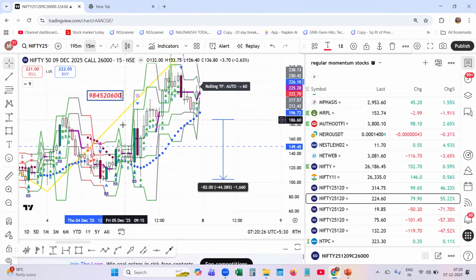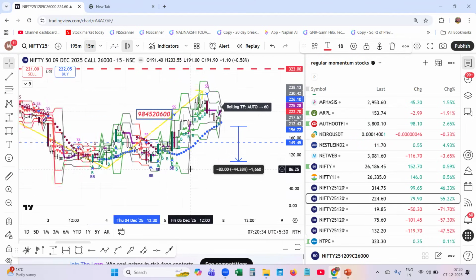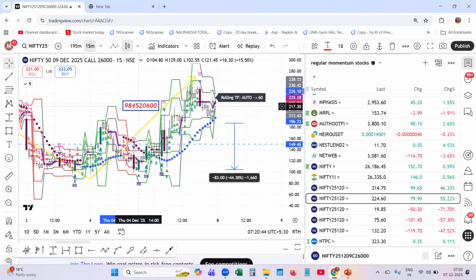Definitely, if you get access to this indicator, your trading journey will improve, and from loss you can be in profit. I guarantee this because this indicator is directly connected to the price. It takes balanced prices from the price, and it is a rolling pivot. It is not dead pivots.